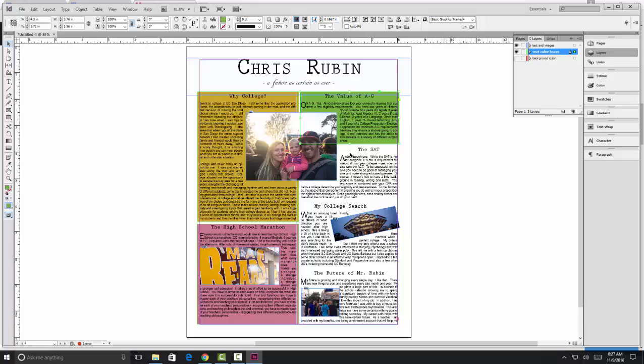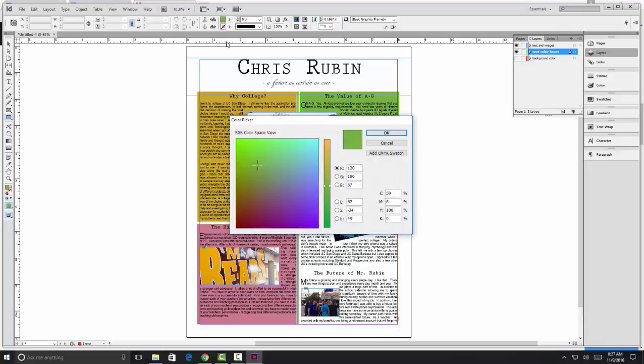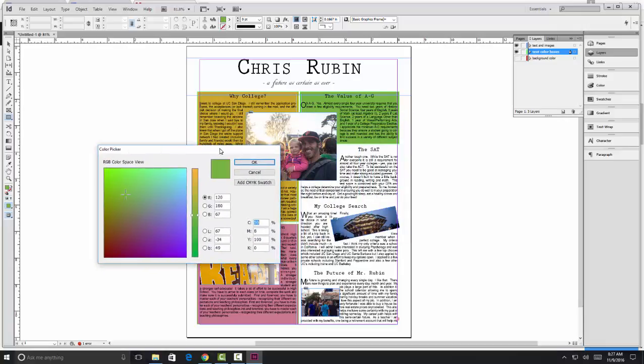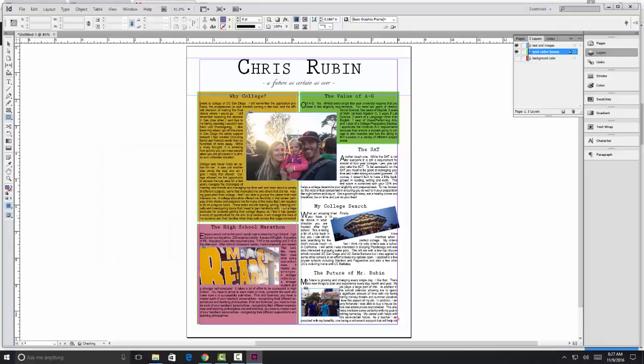I'm going to grab my selection tool, make sure I'm not selected on anything. I'm going to grab my rectangle tool, and I'm going to go up here and select a color that I'm going to be happy with. For this next one, I'm going to choose this purple color, and I'm going to start on this side this time. I'm going to leave a little bit of space,